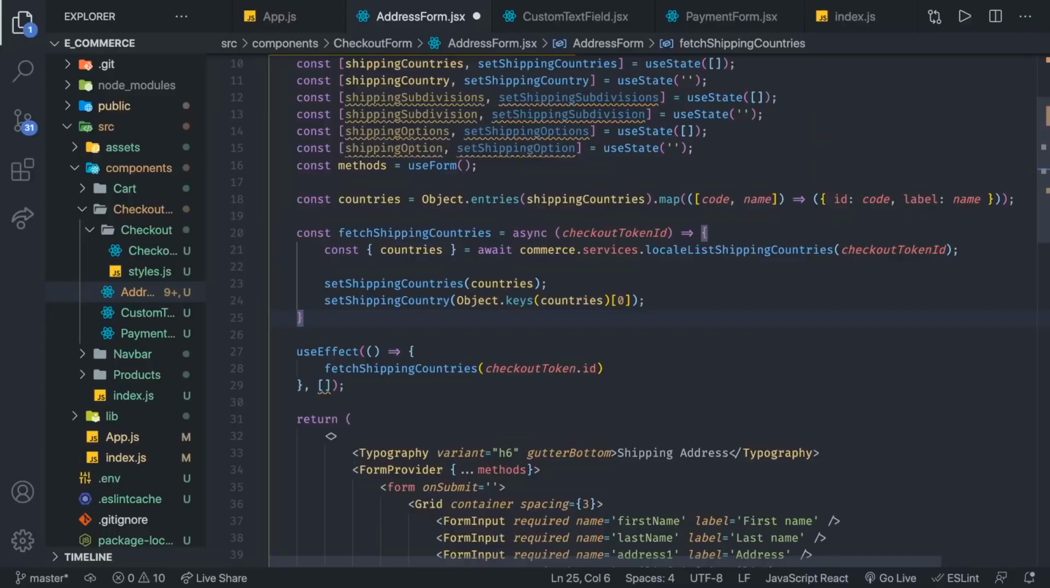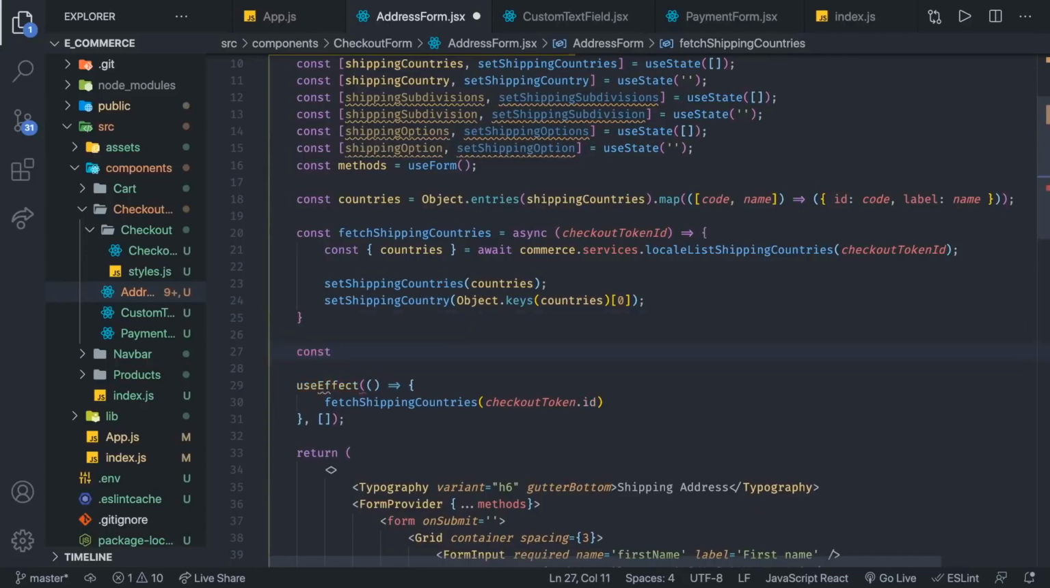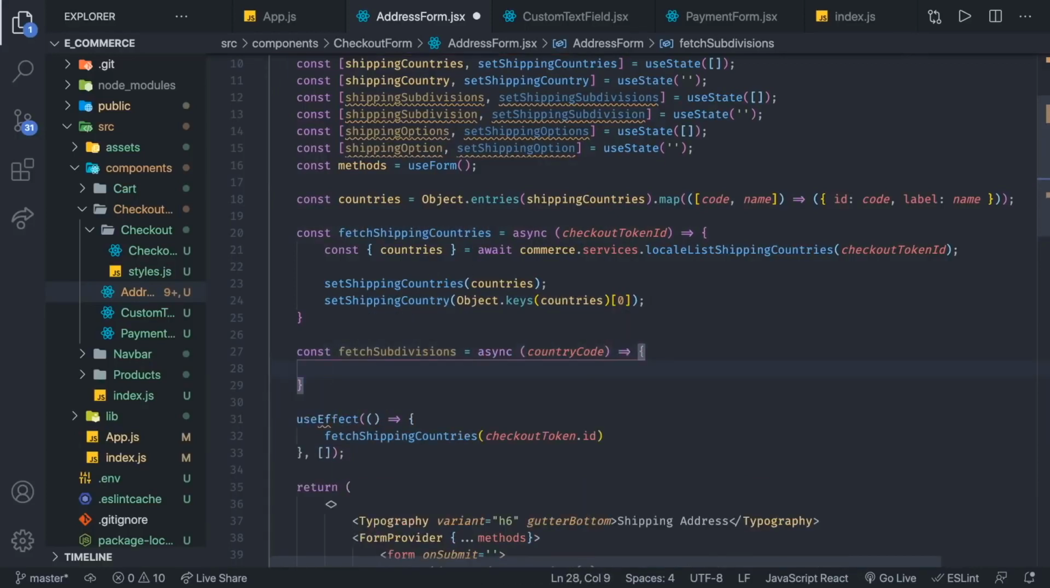Now that we have the countries just below, we can start fetching subdivisions. So we're going to create another function, which is going to be const fetchSubdivisions. That is going to be equal to an async function. And this function is going to be accepting one parameter, and that is going to be a country code. Now you know what I meant when I said we first have to have the country to be able to fetch the subdivisions. So we're going to be fetching subdivisions for one specific country. So in here, the procedure is the same. We get the response, and then we have to await